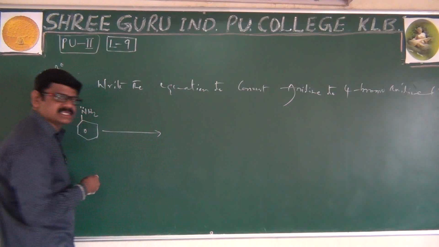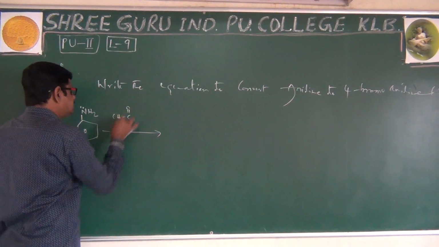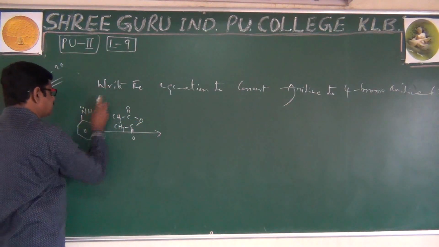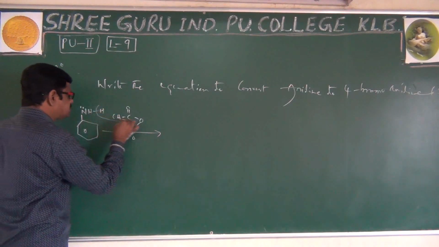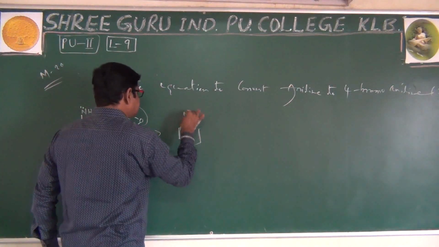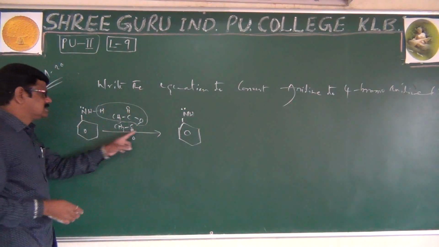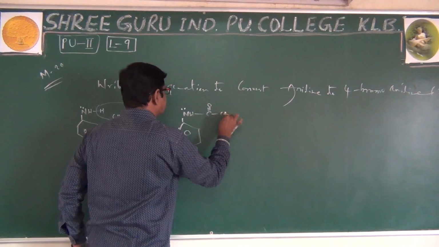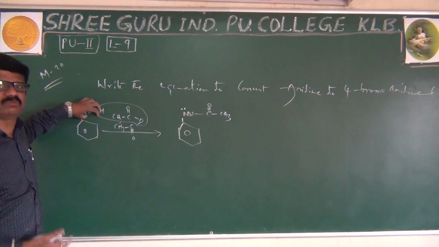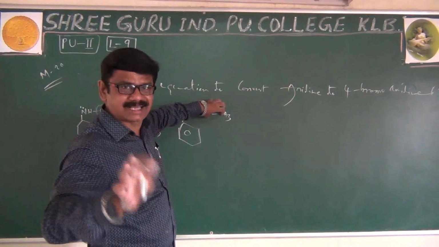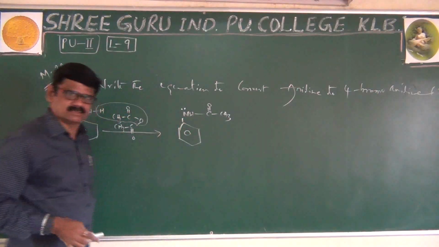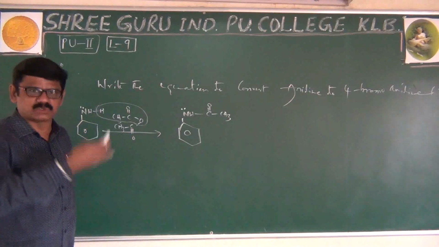For that purpose, we do an acetylation process with the help of acetic anhydride, (CH3CO)2O. Acetylation takes place when hydrogen is separated and CH3COOH is eliminated, and you get acetanilide, NHCOCH3. Now, NH2 is a highly activating group, but NHCOCH3 is not that highly activating, because resonance takes place in both directions. This we have learned in previous videos. Please go through that concept.